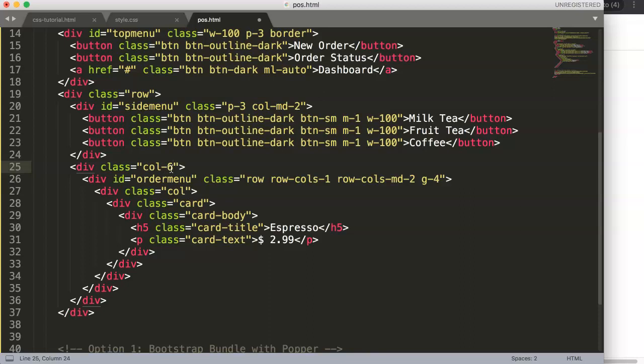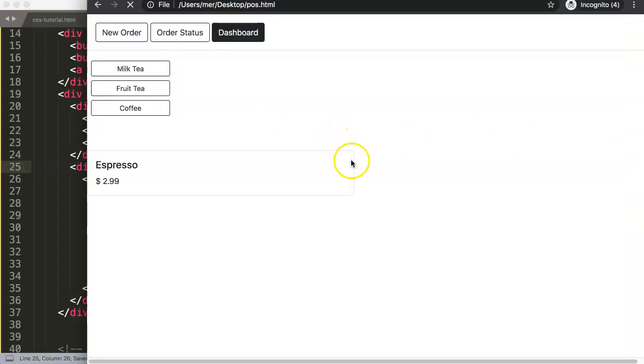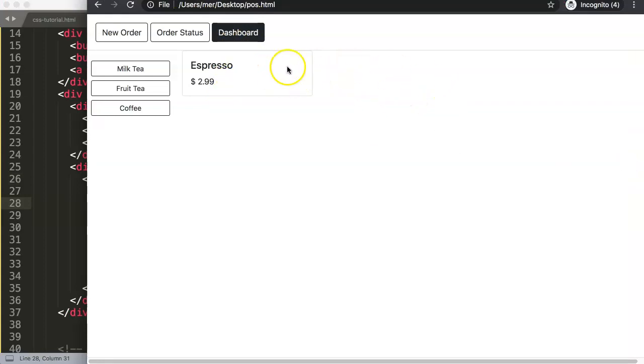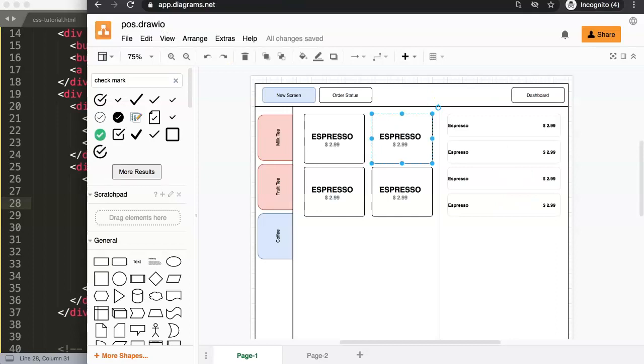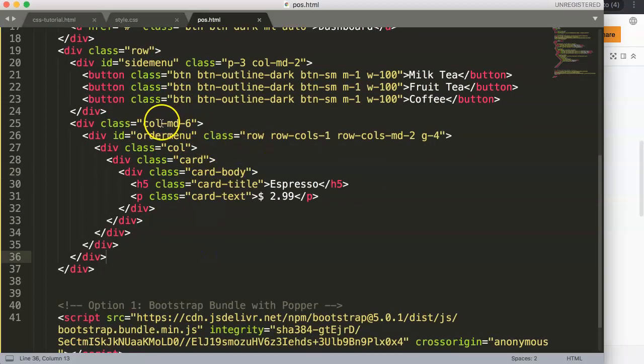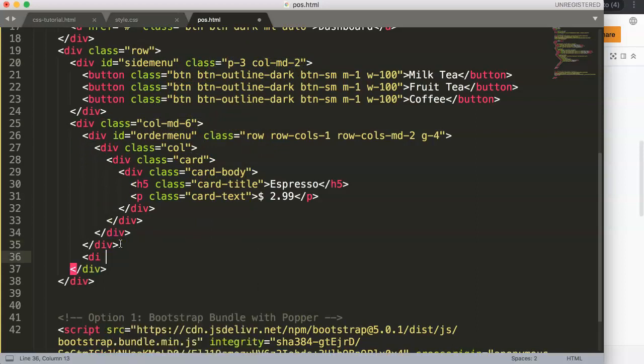the reason why it's 6, MD6, is this will have a bigger space. And we will need a bigger space here, just for one reason, which is that these are just the items, and here we will show the price, remember. So this could be smaller. As you can see here, it's far too big, so we could probably move this a bit like this size here. So this will be 6 and this will be 5, or 4, because we have here MD of 2. Alright, so you have here the column 2, or sorry, column 6, column 2 means we have column 4 left. Alright, so we have here div class, and then we say here, oh,